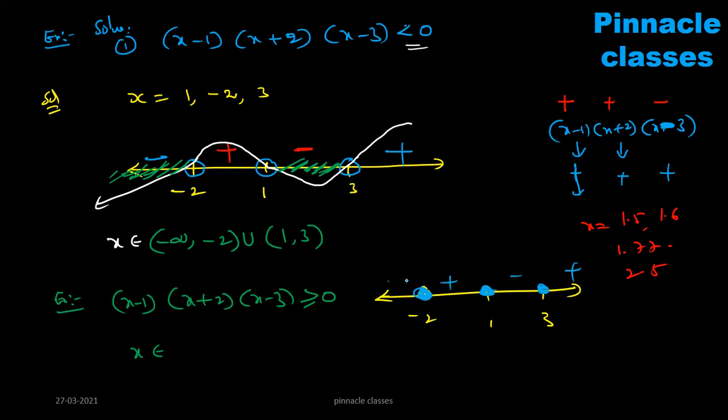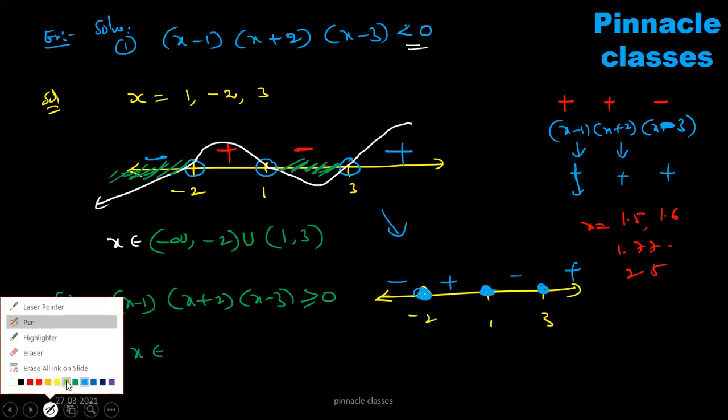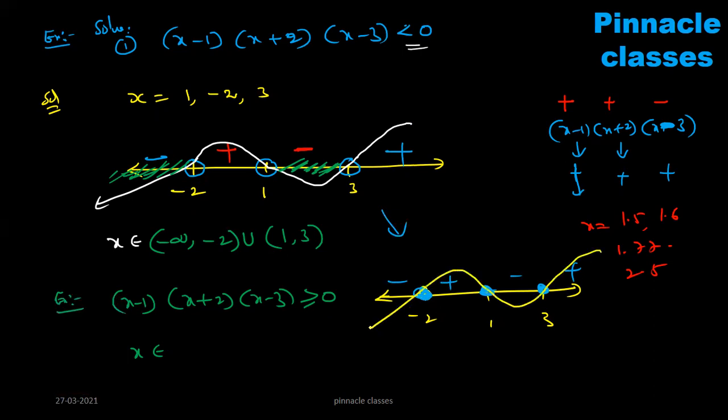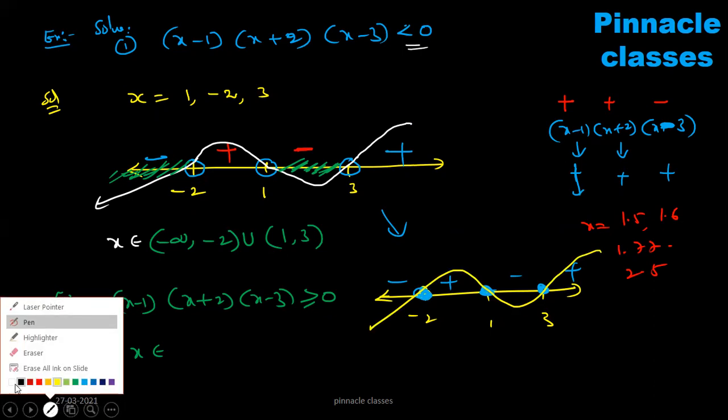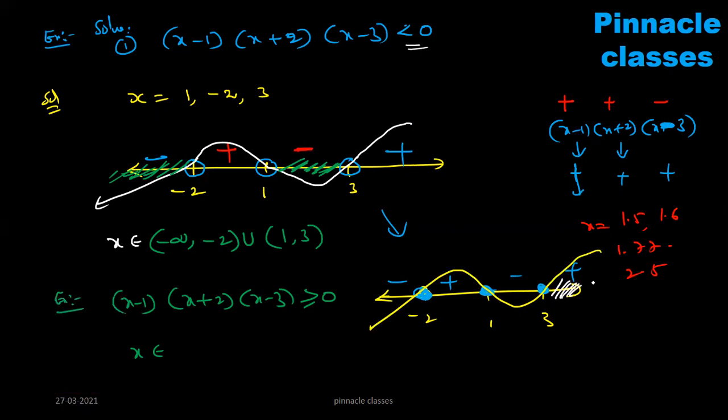So this is the plus, minus, just what we discussed. What is the graph coming? Same as usual. In this case, which part we have to take? Plus means this is the region. Greater than or equal to 0 means x belongs to closed interval -2 to 1, union 3 to infinity. That is the answer. So same model I'm giving. So same question you can ask in how many ways? 4 ways. One is less than 0, less than or equal to 0, greater than 0, greater than or equal to 0.